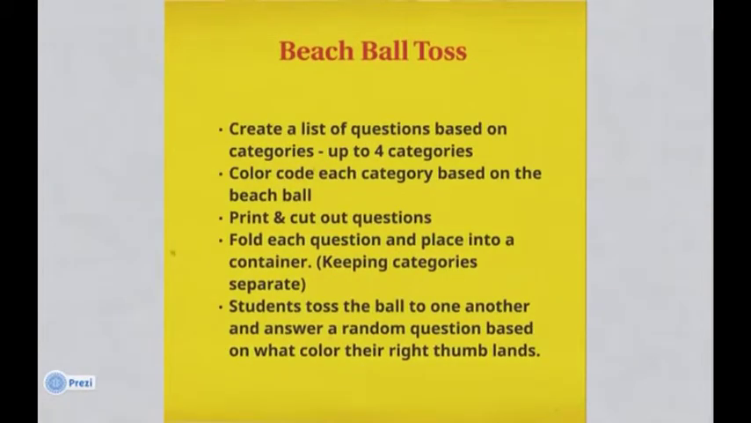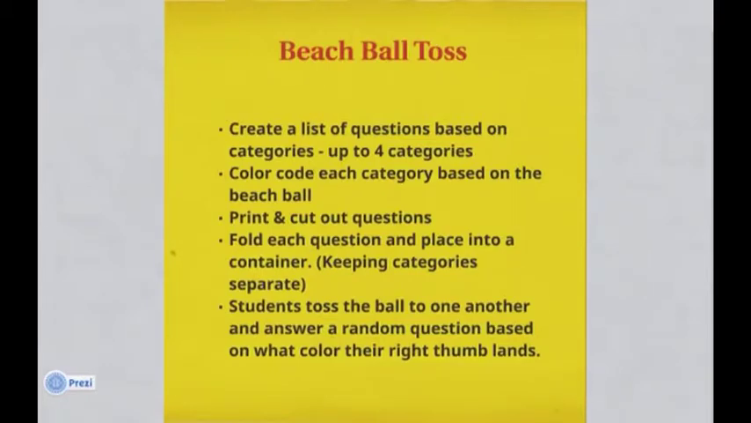Last example I have is a beach ball toss. This one's really fun because it's a fun game. Kids like to throw the ball back and forth. What you do is you create a list of questions based on different categories, and you can have up to 4 categories or however many colors you happen to have with your beach ball. Just color code each category for your beach ball, print and cut out your questions, fold them, put them into